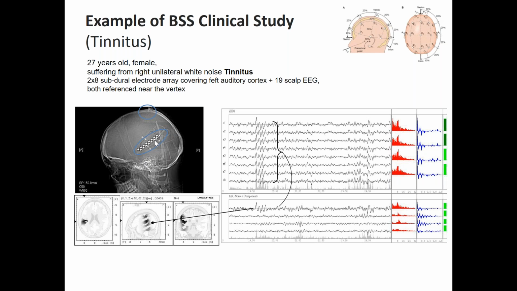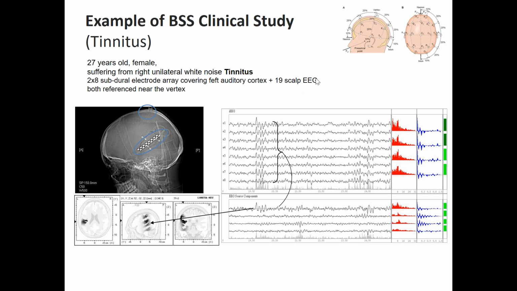So this is a demonstration, if you want, that blind source separation methods may actually be very powerful, and they can give you very valuable information on what is going on in the EEG. Okay, this is just one of many examples of what you can do with those kind of methods.